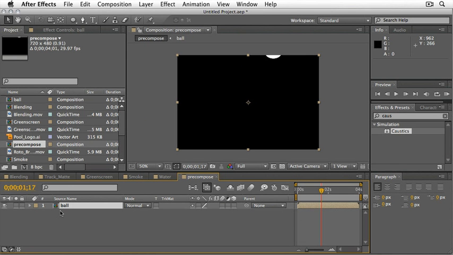So precomposing is exactly the same thing as creating a new composition and then dragging the composition from the project panel into the new composition. So it saves us one step, which is why it's so convenient to use, but in essence it's the same thing. So I can reduce the scale of this precomposed layer, S for scale,